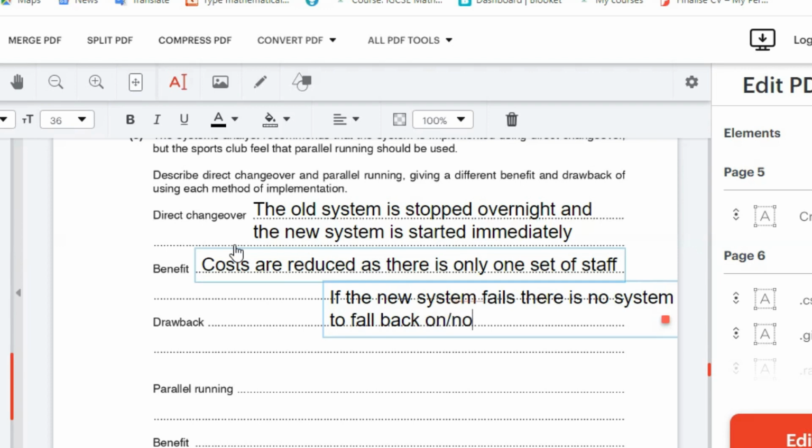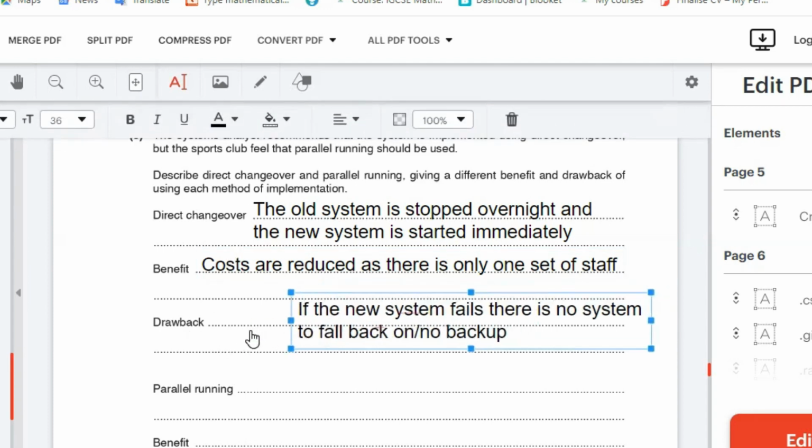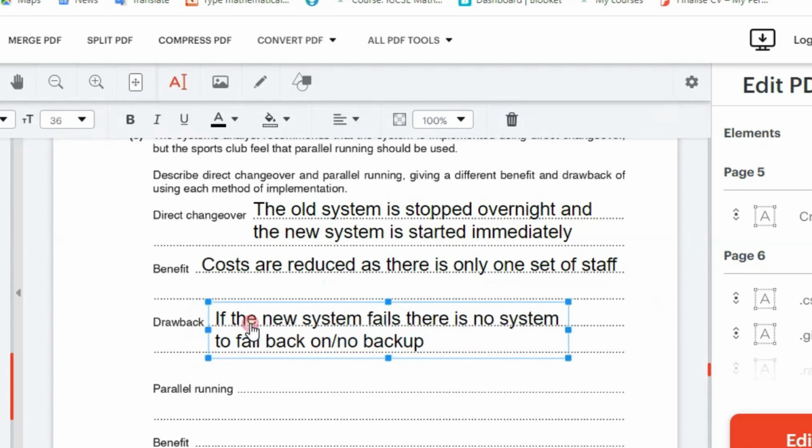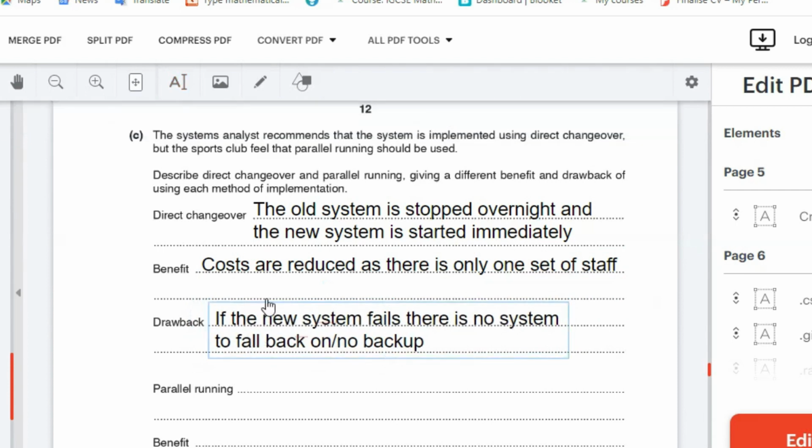Or no backup. All right? That's the drawback or the disadvantages. Now, when we consider